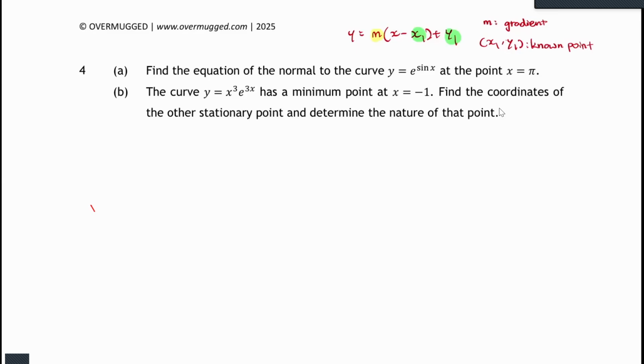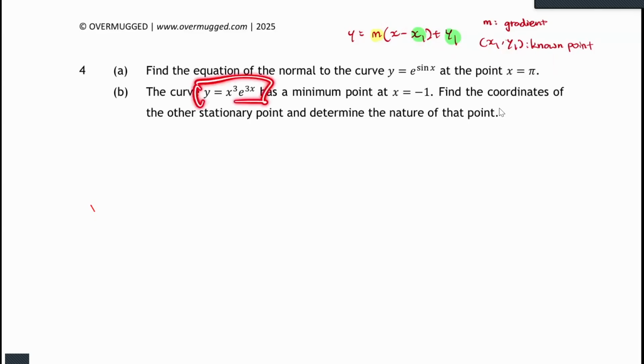So when I want to know the equation of a normal to the curve, based on this equation that I've written, we see that we need a known point and we need the gradient. So if we need the gradient, we need the gradient function. So I need to find dy dx. Once I find dy dx, I take this x value, put it inside, then I'll get the gradient. For a line, the gradient is constant. So once I sub in, the gradient will be consistent for the entire line. I also need to use this x equals pi to help me find the y value when x equals pi. Okay, 1 minute try.